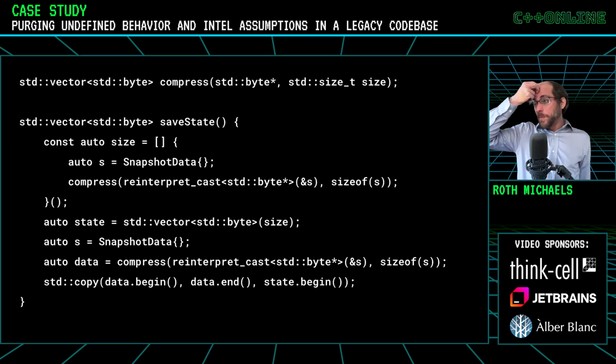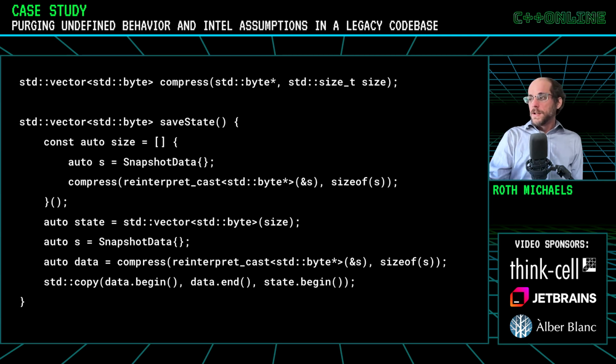And the reason for that is a little bit of some complex code. Imagine we have some compress function that takes a pointer to bytes and a size and compresses it with zip compression. Our save state function was doing something that was not the most efficient and was also the source of the bug that we had here. If you notice, first it computes a size, and it does it by taking the data we want to save, in this case, snapshot data. In the real world, there's actually a huge amount of data we're saving here, but we have our snapshot data, we compress it, and then